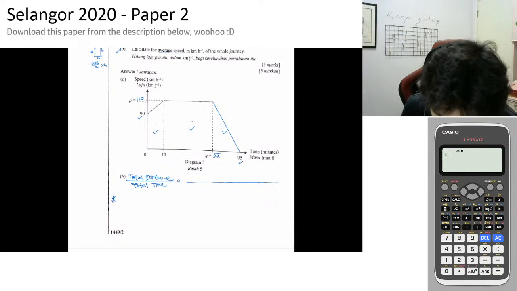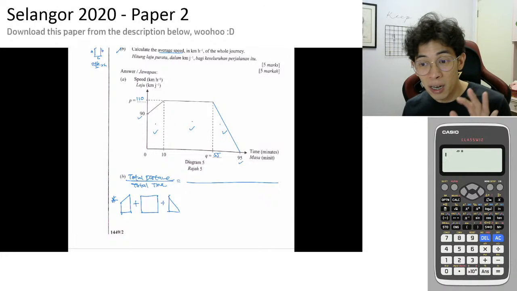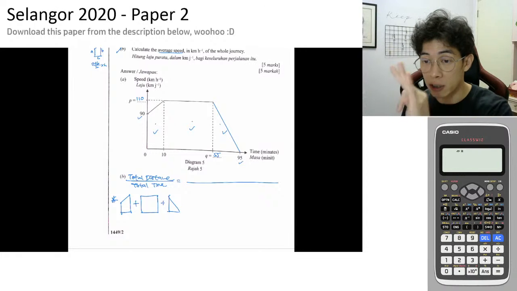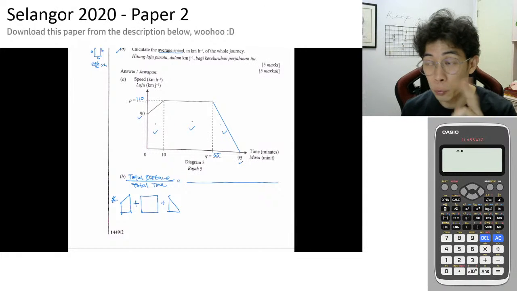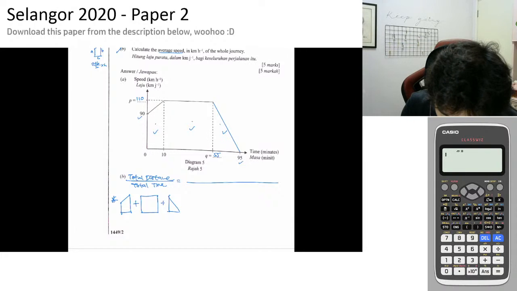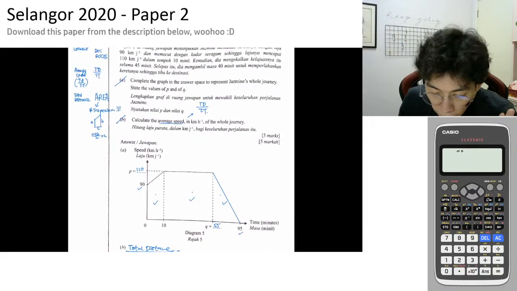So I'm gonna write it over here to show you only. Trapezium plus a big rectangle plus a triangle. Okay, now extra careful, everyone. We don't have area here. We have a distance, time and speed only. That will be the two things. Okay, two things only. So everyone, this one 90, this one 110, and look at this, km per